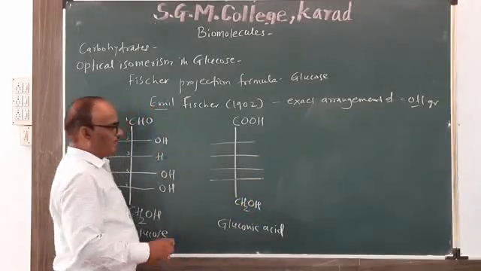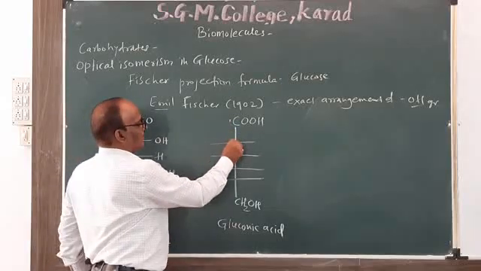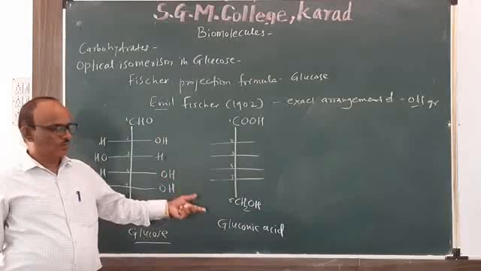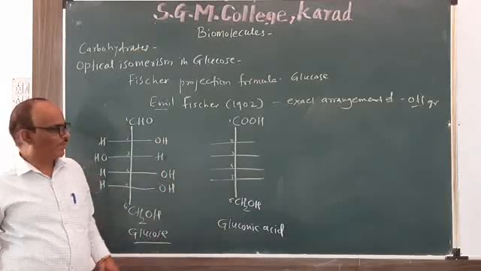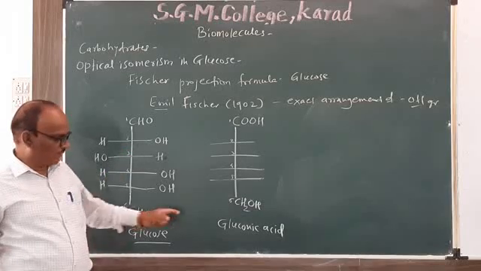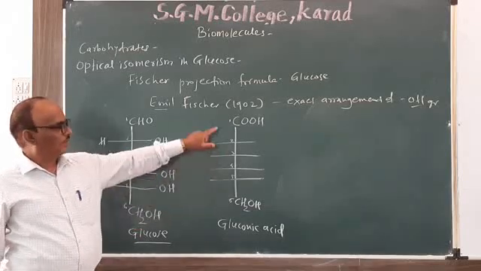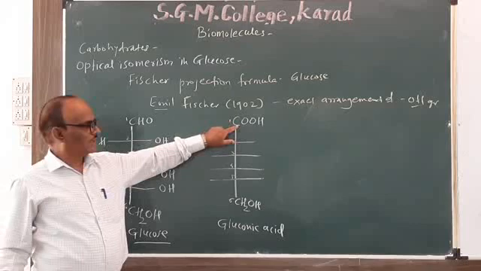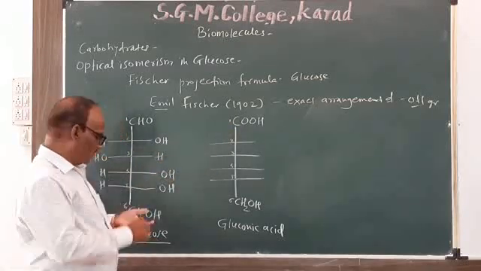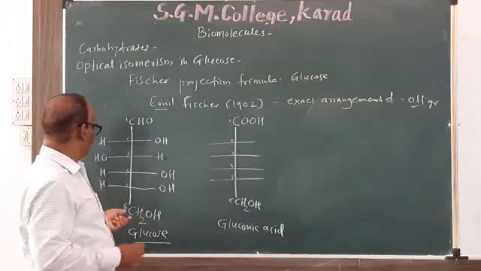the CH2OH group is present. Remember the carbon atoms 1, 2, 3, 4, 5, and 6. So in gluconic acid there are also 6 carbon atoms. The middle part is the same in glucose and gluconic acid. Only at carbon number 1 is the COOH group present. So write the remaining atoms and groups as they are in glucose.